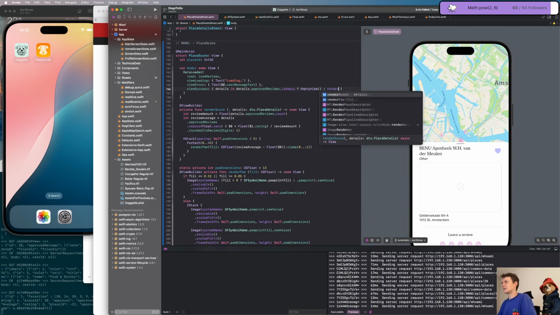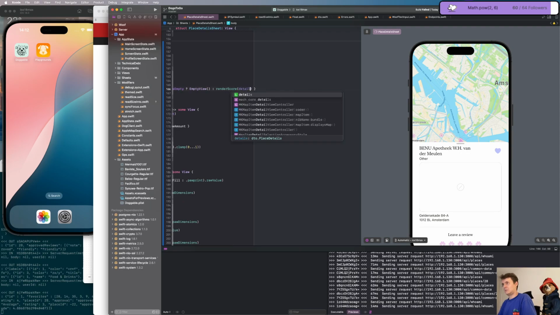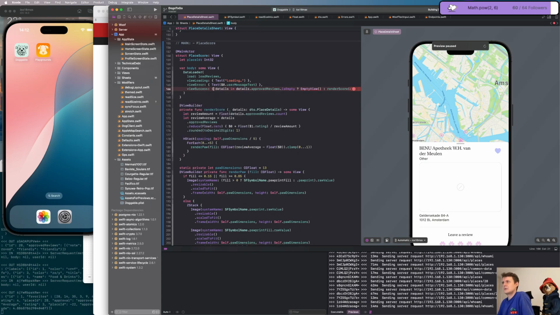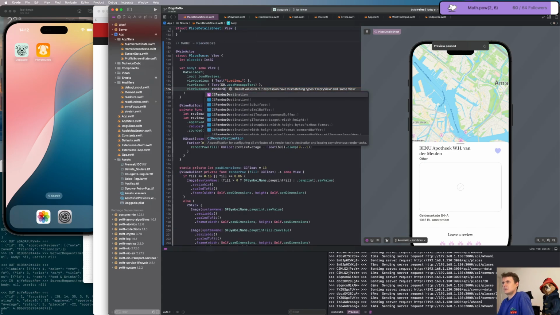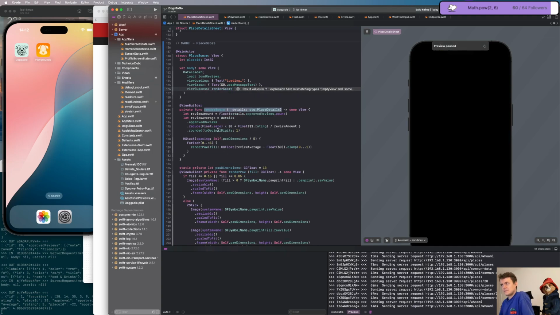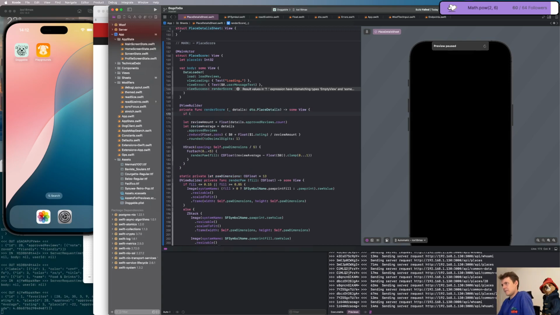Otherwise, it's render. That probably won't build, of course. So if details and approved reviews is empty,